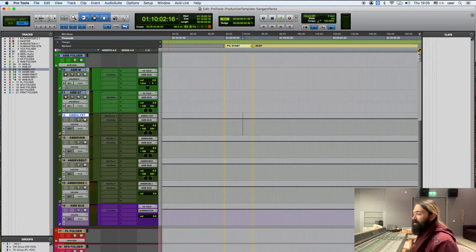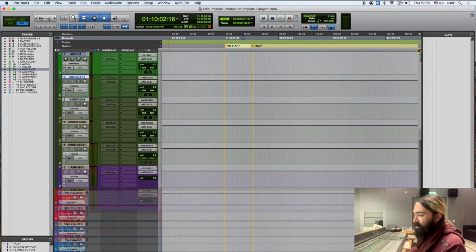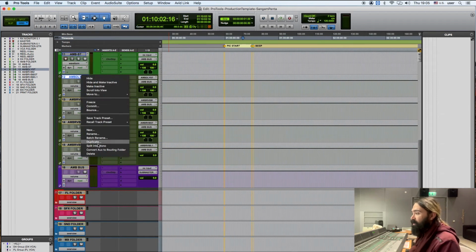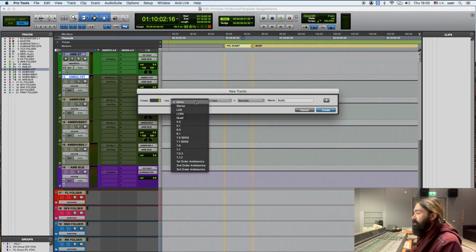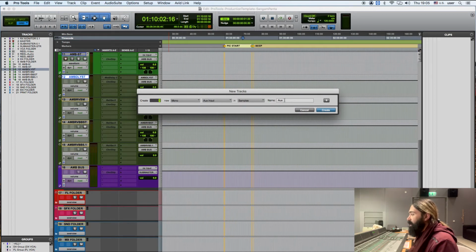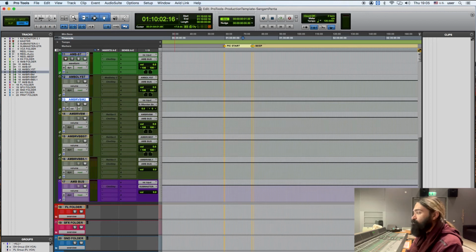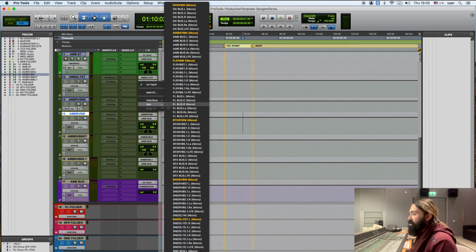But if you want to make it a mono auxiliary, you can simply create a new mono aux input and call it AMB reverb mono 2, and put that down there. It will make it a mono 1, put that there, and change mono to